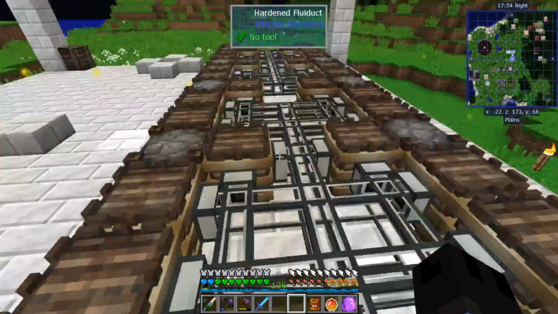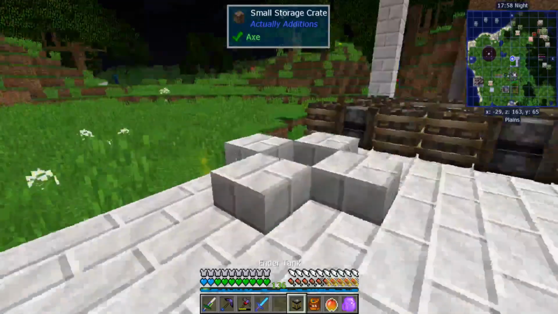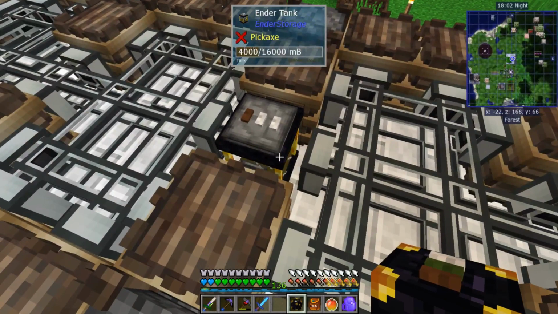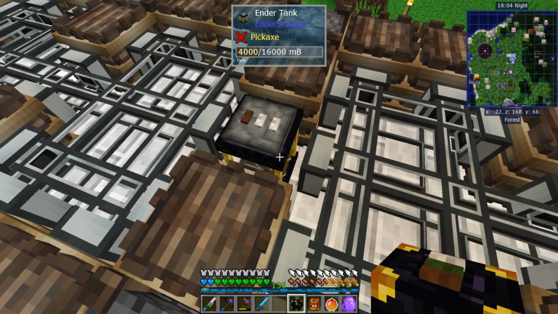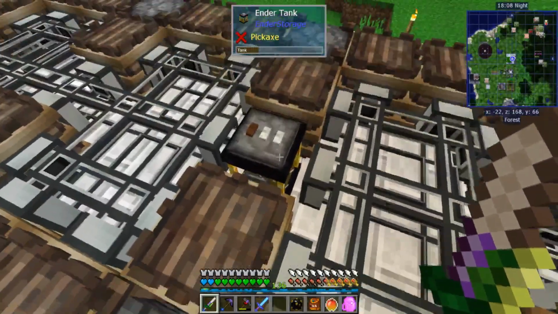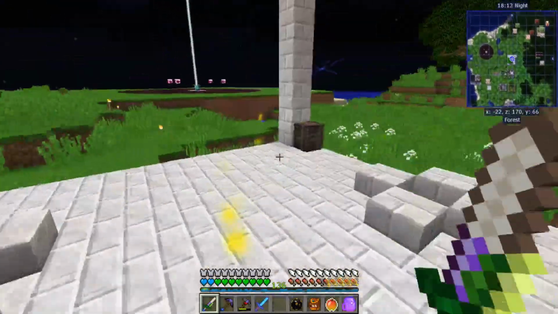Okay. I need my one tank. This will just go in the middle to take everything in. And that'll be... Is that right? I guess so. Okay, so it's refined canola oil. So now if we give...